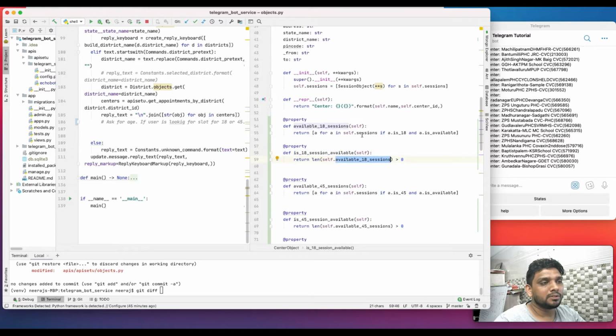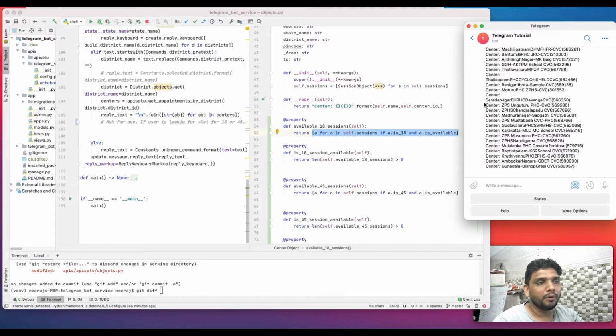Here we are returning only those sessions where we have availability, right? We are iterating over sessions, and if it is 18 and available, we keep it. Suppose we might have hundreds of values, but out of those hundred, maybe 10 or 12 are serving right now.